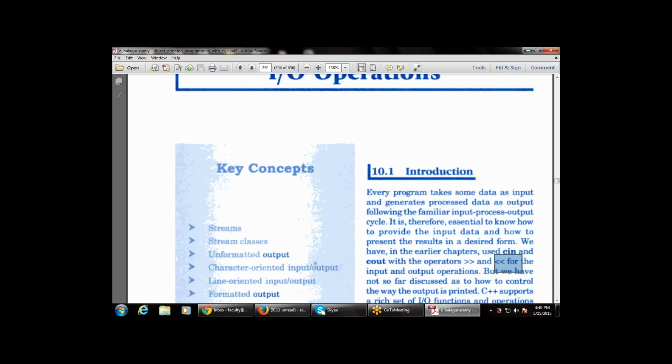That is, cin is used for inputting the data, and cout is used for displaying the data on the screen. So cout is used for output, and cin is used for input, for both the input and output operations. But we have not so far discussed how to control the way the output is printed. We have discussed that cout is used to print the data and cin is used to take the data,